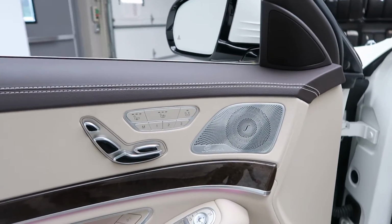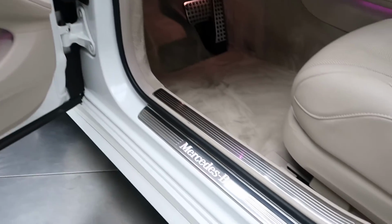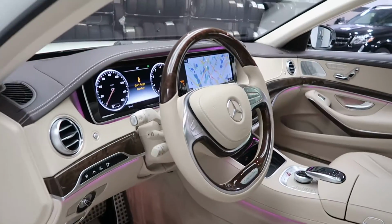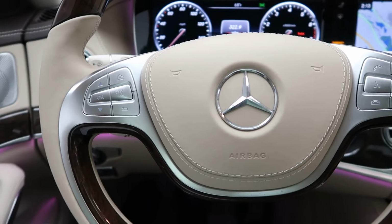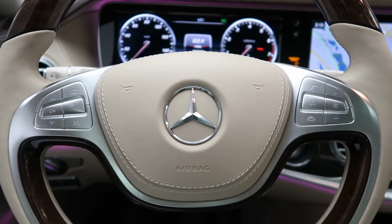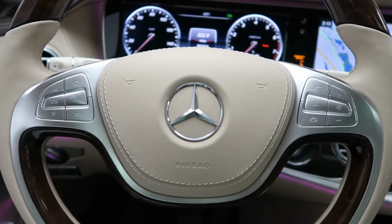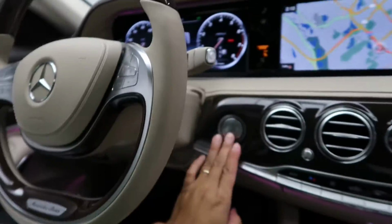Premium 1 package with Burmeister sound system, power windows, illuminated door sills, heated steering wheel, a Designo brown sunburst myrtle wood and leather steering wheel, smartphone integration with Android Auto and Apple CarPlay, paddle shifters for extra performance, a push start ignition,